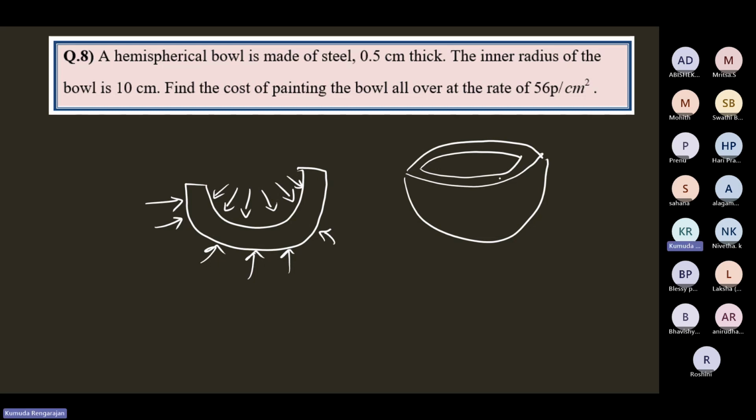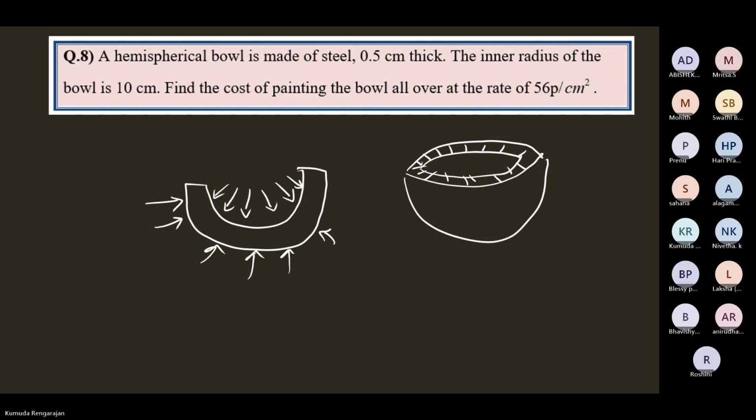A circular ring, not oval like this. A circular ring you'll find here because the wall is thick, no? The wall is thick, so you'll find a flat portion here, a circular flat portion on the top. That also has to be painted, because all over it's painted. So the area that is to be painted is the inner